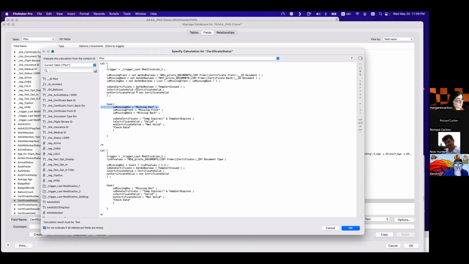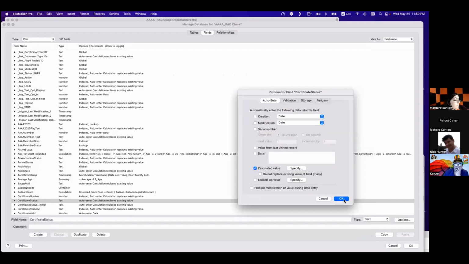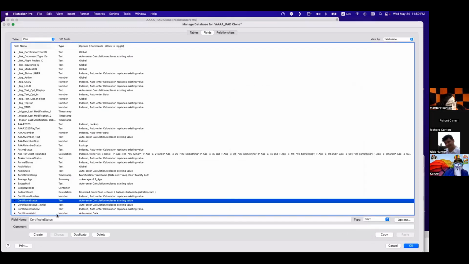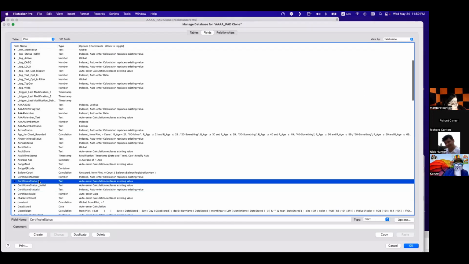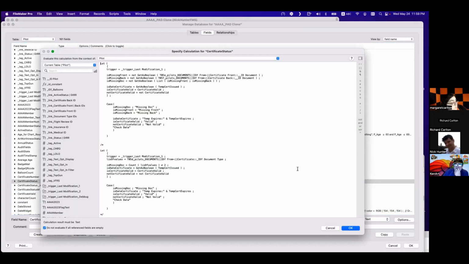Is certificate valid? I need to check what the certificate valid field returns. It returns 0. Why certificate status? Oh yeah, it goes to another, but it should have said missing doc here.